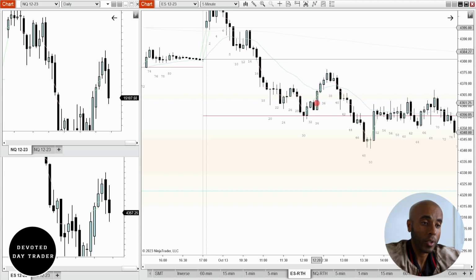I contemplated going long right here above this candle because this is a wedge bottom. This is the first push down, the second push down, the third push down, followed by bull candles. You could buy one tick above this candle, or one tick above this candle, or buy the close of this candle. I thought about it, but I thought it was a good chance that the market would test these